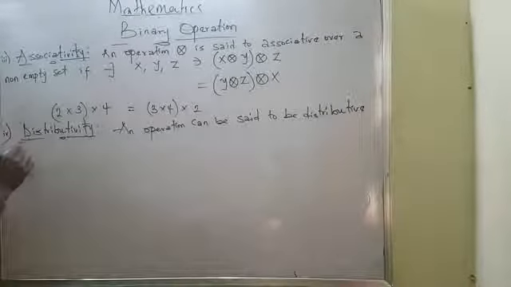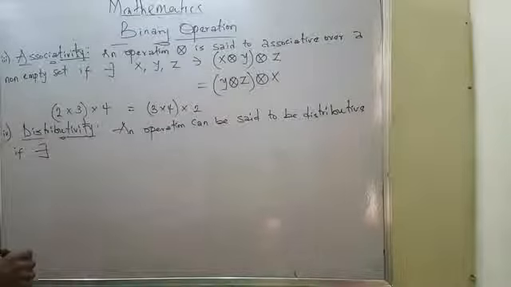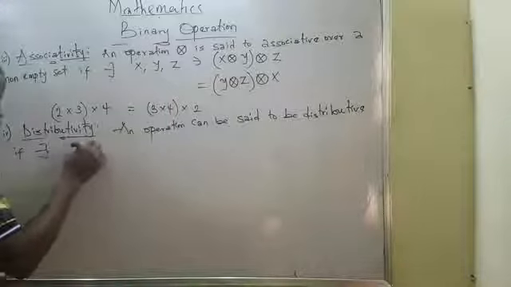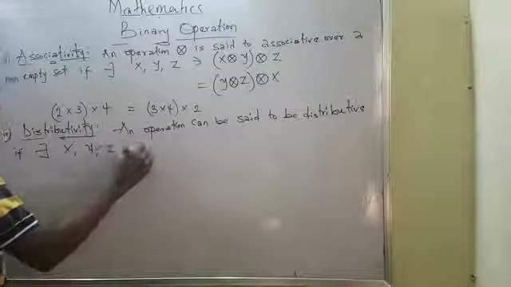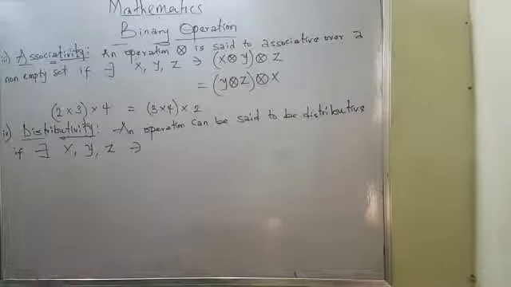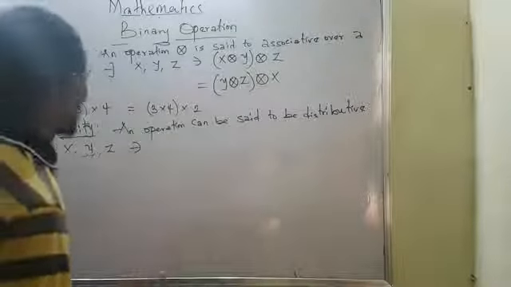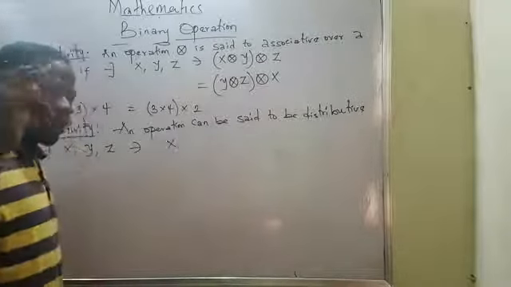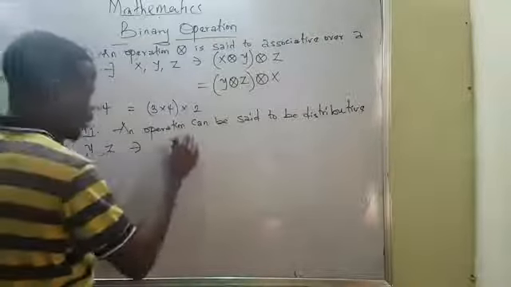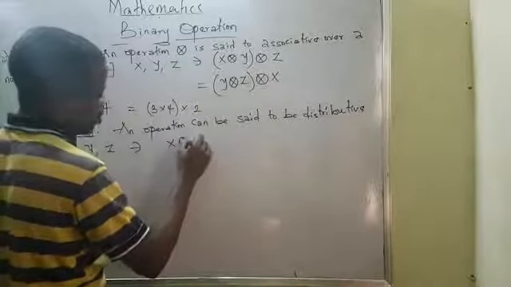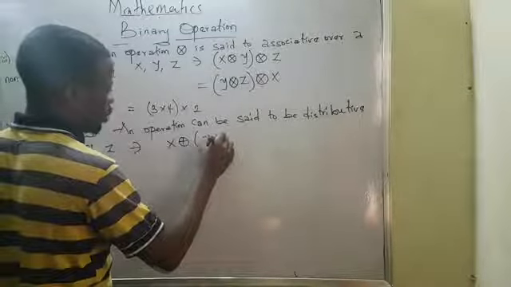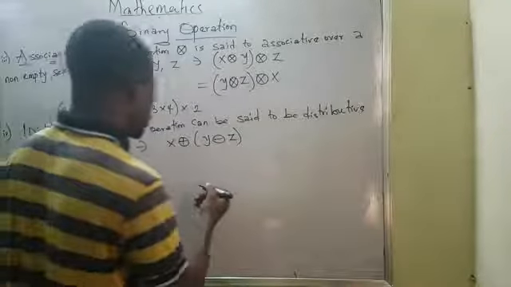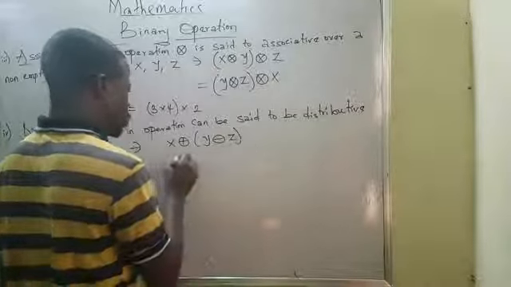If I'm picking the same elements I used here, you have x, y, z, such that it's a different definition, such that you have x. Now, I'm going to be using 2 operations here. You have this z, and of course, if you expand this